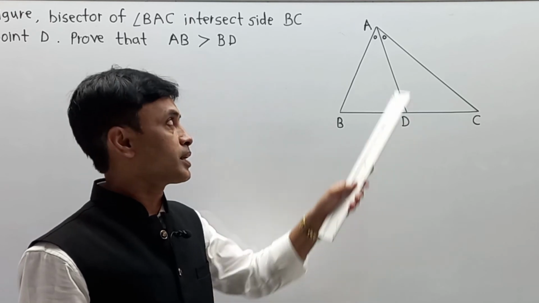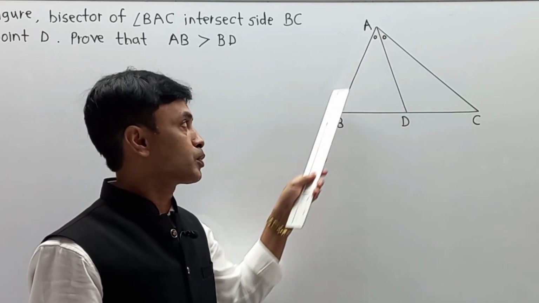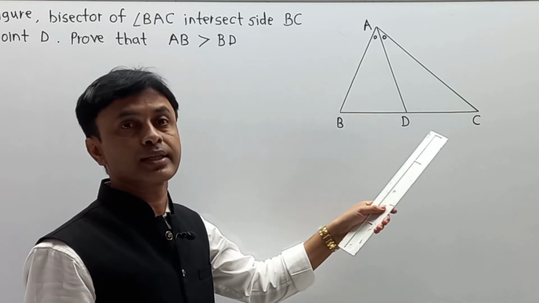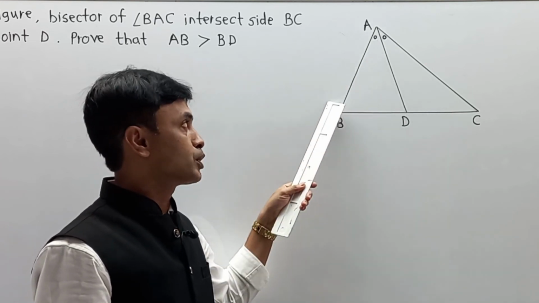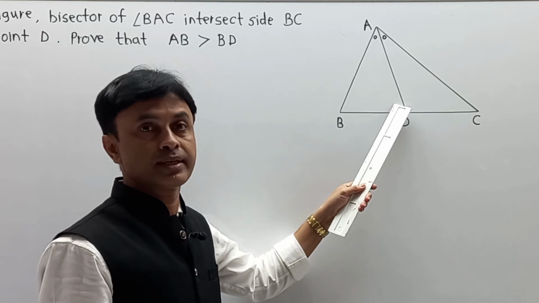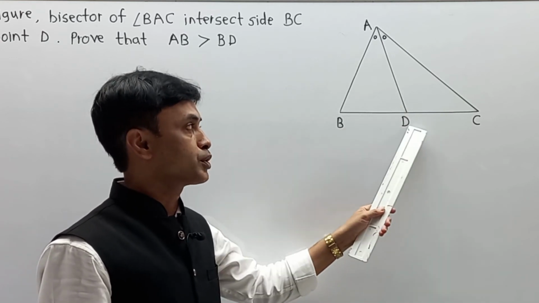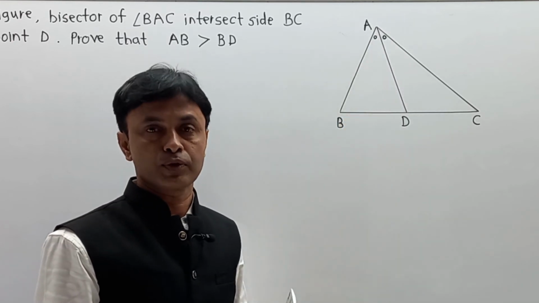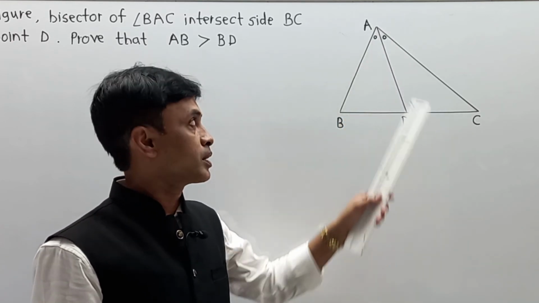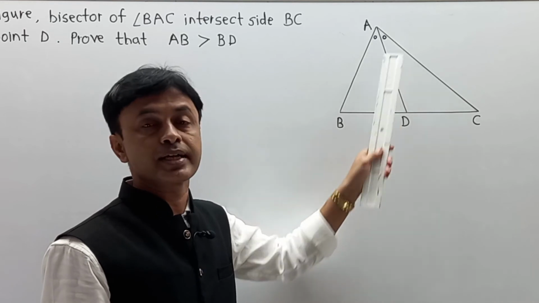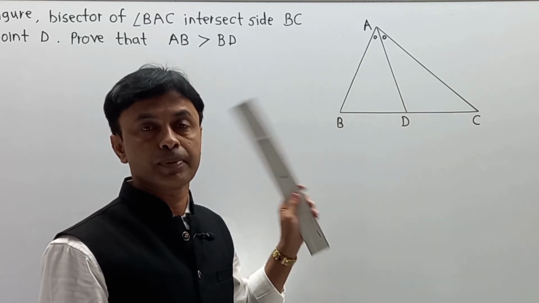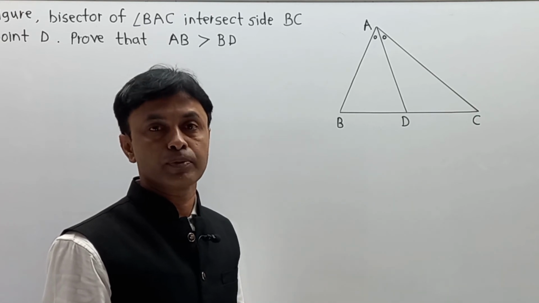Now here, first you have to understand, if you want to prove AB greater than BD, then the angle opposite to AB, that is angle D, must be greater than the angle opposite to BD, means this angle A or BAD, that we have to prove. In that case, first of all, we are going to give the declaration of angle bisector and then one additional property. But first of all, I am going to declare the part and start writing the proof step by step over here.